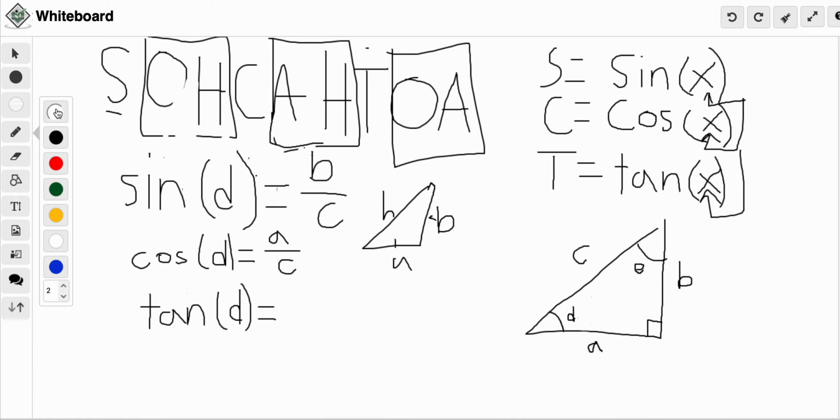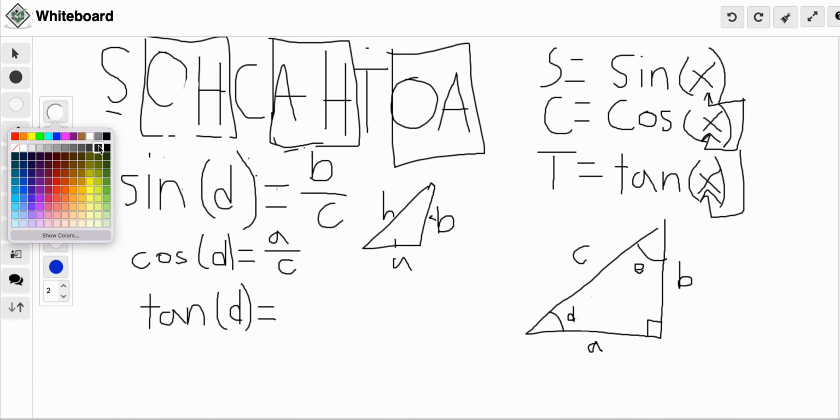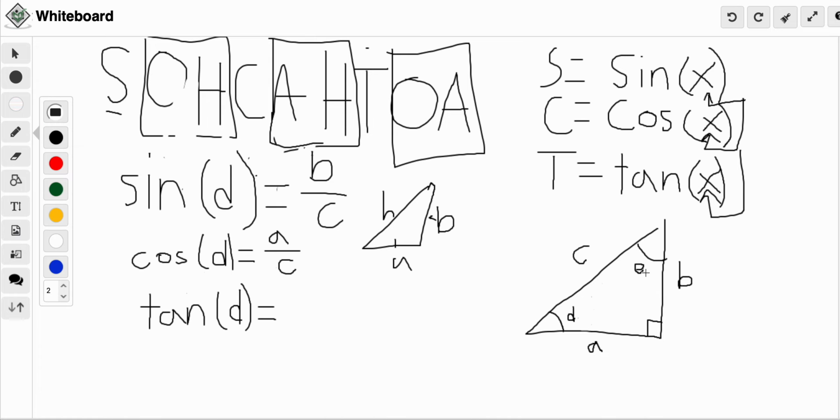And this says E. I should make that a bit clearer. Okay, so if I tell you to take the tangent of D, then you would take the side opposite to the angle over the side adjacent to that angle. So, what is tangent of D then? It's simply B over A,